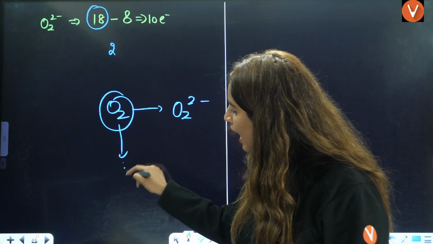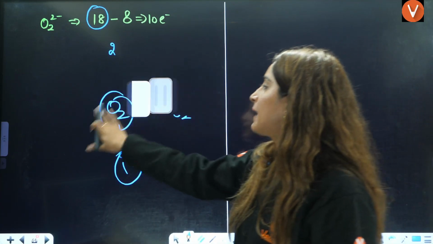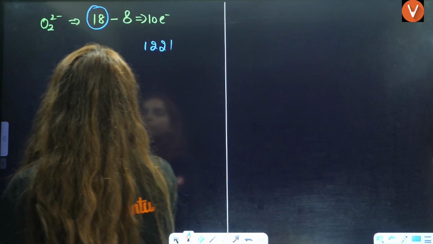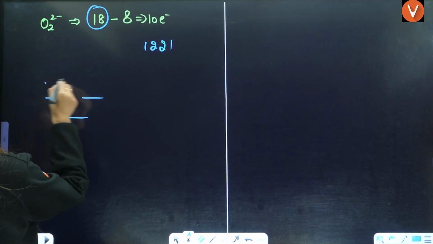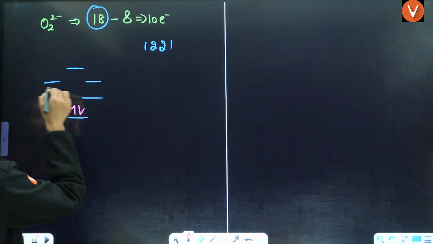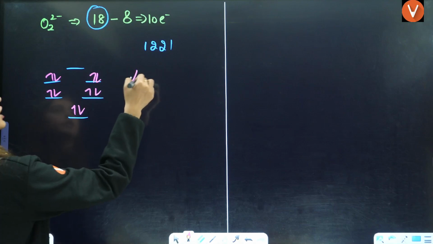So in O2 you had 16 electrons, which is greater than 14. That's why I am applying 1, 2, 2, 1. Now fill the electrons. 10 electrons: 1, 2, 3, 4, 5, 6, 7, 8, 9, 10. That is why it is